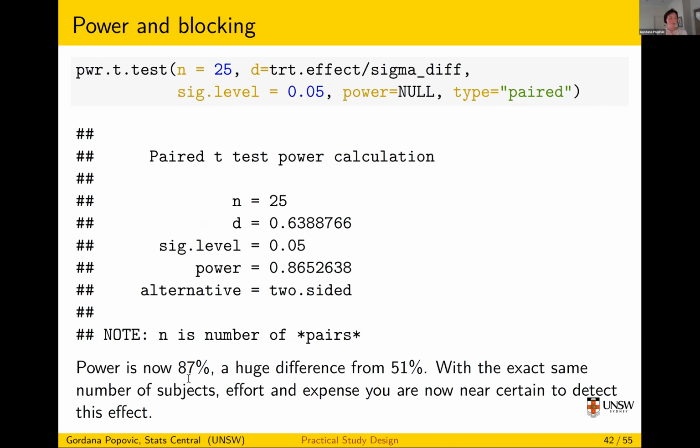And I've done that because I know that students within a school are more similar to each other. So I've given the treatments within the blocks, and I've improved my power from about 50%, which is like a coin toss, to almost 90%, without costing me anything. So that's what you can do to improve your power.